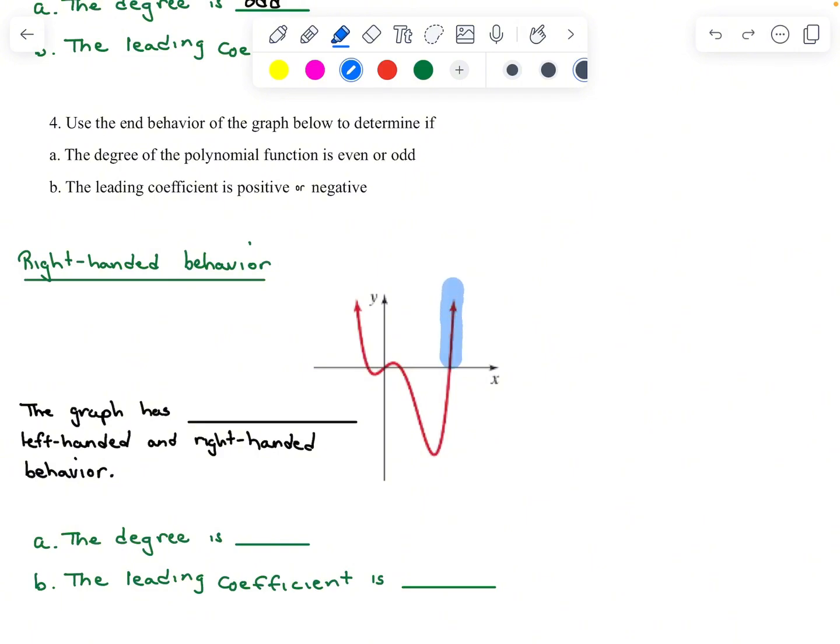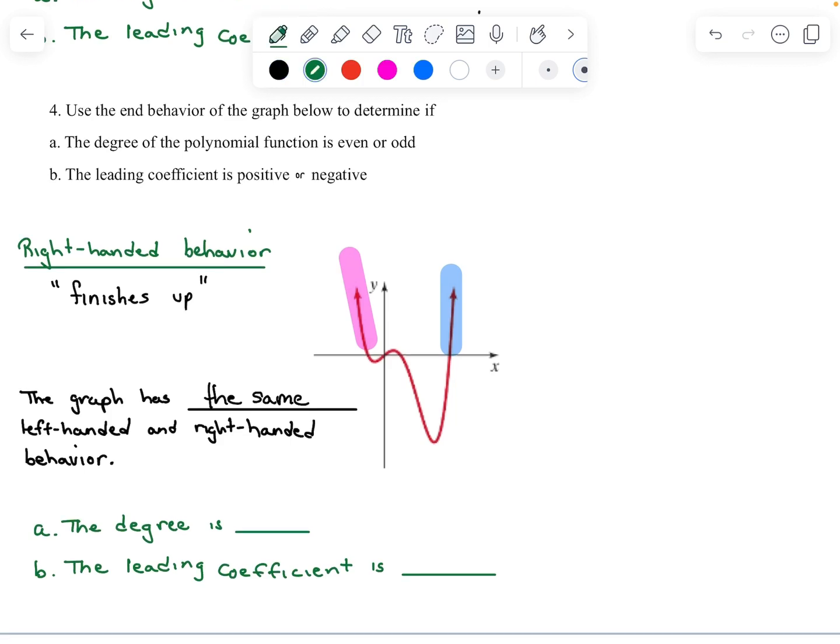As the graph travels to the right, it increases forever. So we can say that the right-handed behavior finishes up. If we identify the left-handed behavior, notice that the graph also increases as the graph travels to the left. So in this case, the graph has the same left-handed and right-handed behavior. So referring to the chart, we can state that the degree is even and the leading